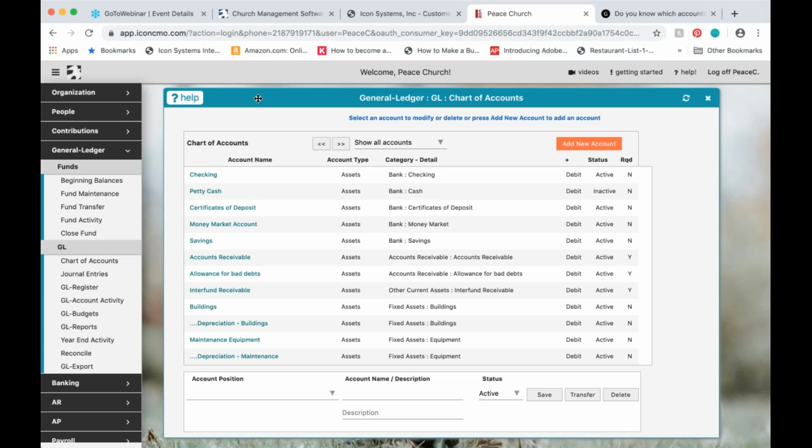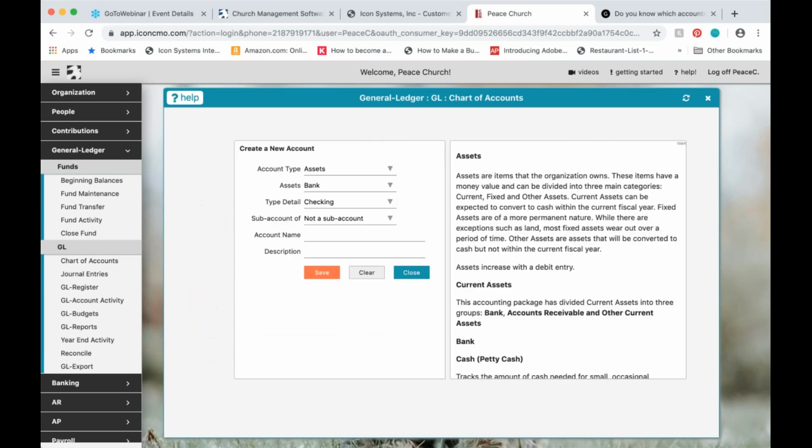What you can do is, you'll see there's this category detail here, you can set those up as a checking account. I'm going to show you how to do that here. So we'll have assets and bank, and we'll set it up as a checking account. Now I can call it savings, right? So you could do